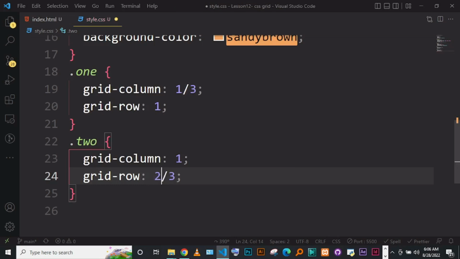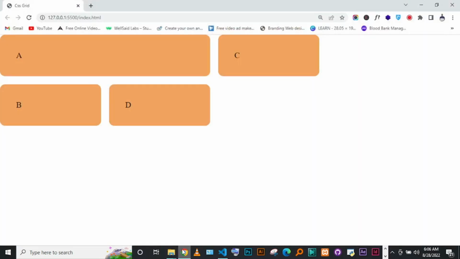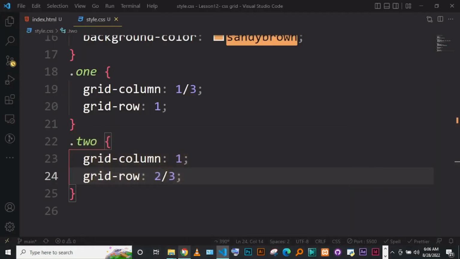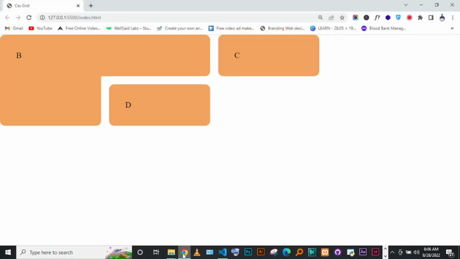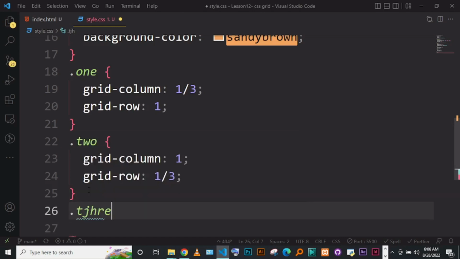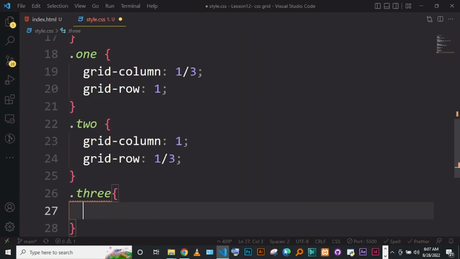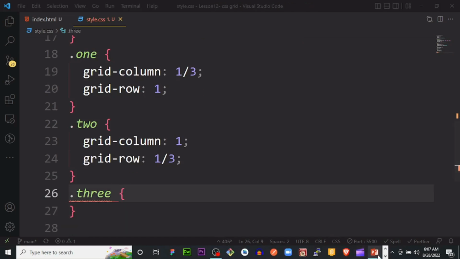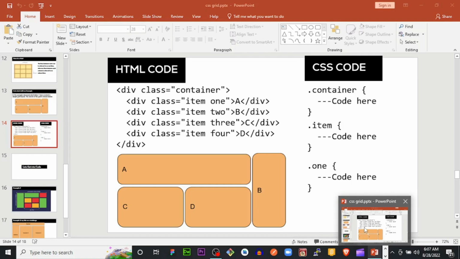I just say 2 to 3, and we see what happens. No, that is 1 to 3. Okay, let's first continue. Don't mind, it has taken our A. Okay, so let's see 3. So for 3, if we look at 3 in terms of rows and columns, that is C. So C and D,